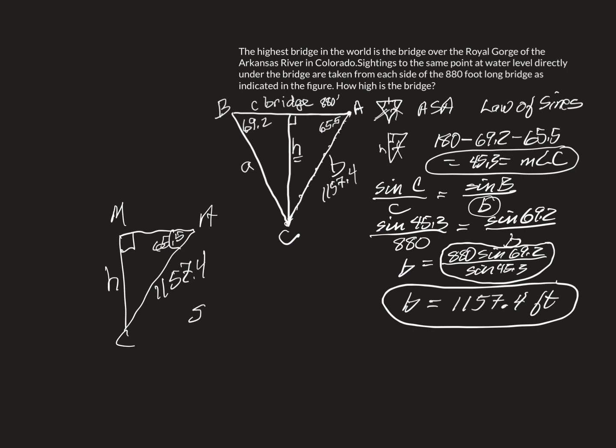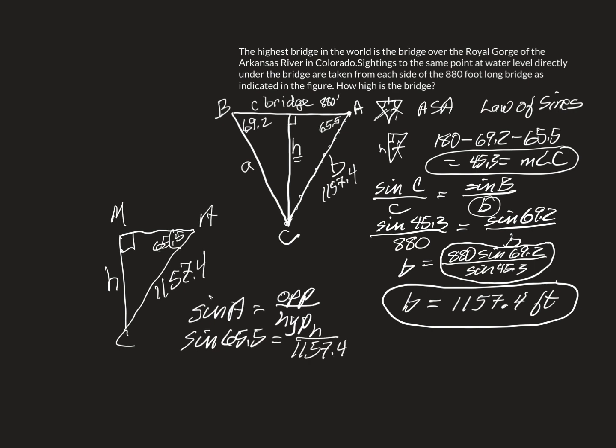So I'm going to take the sine of angle A equals opposite over hypotenuse, which will give me the sine of 65.5 equals h over